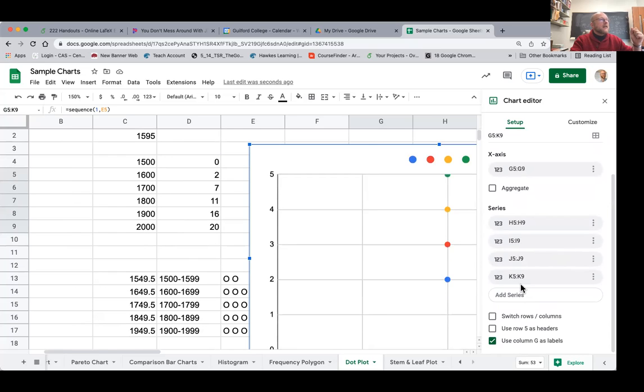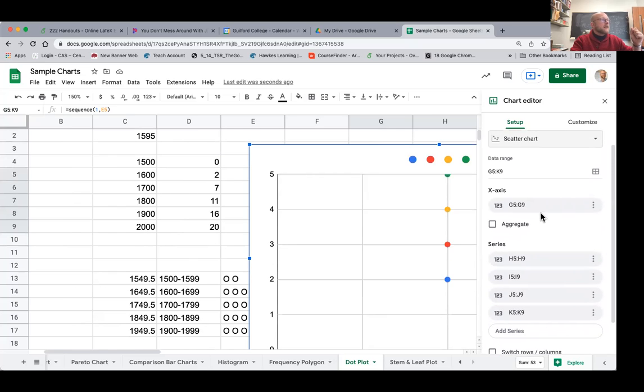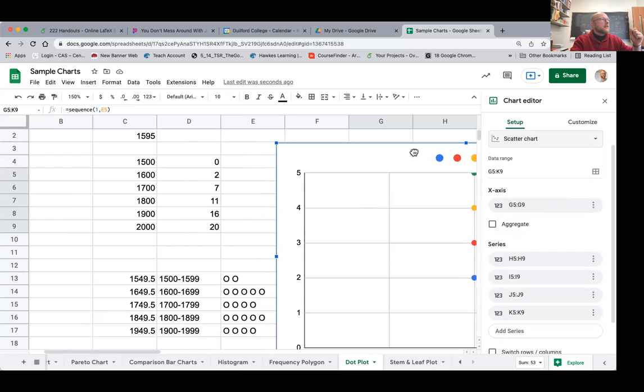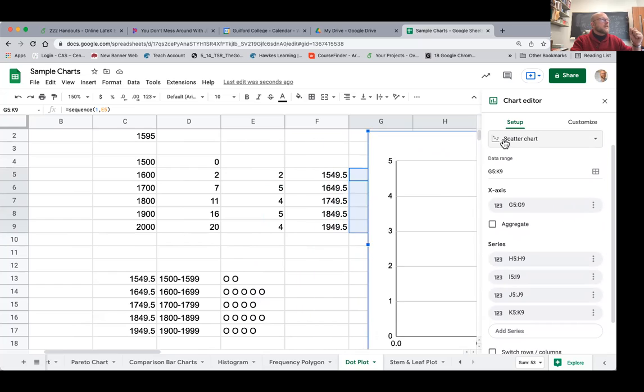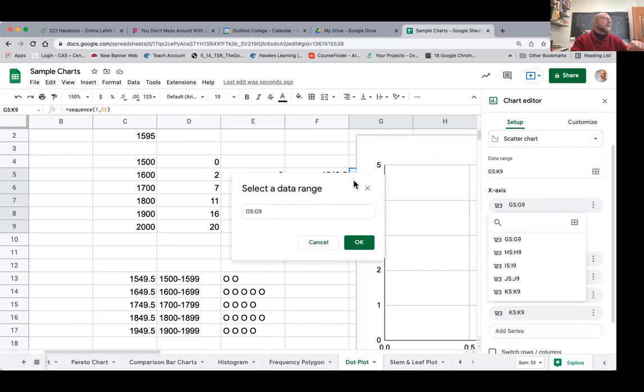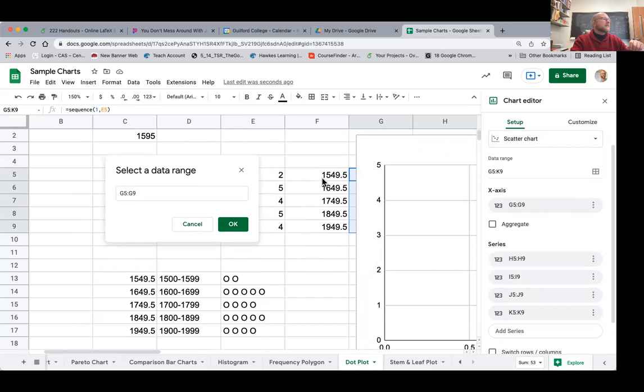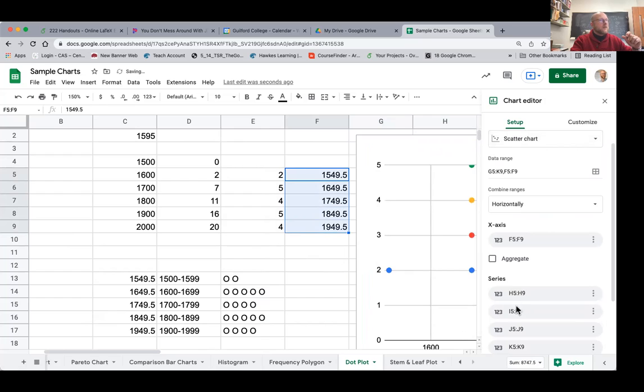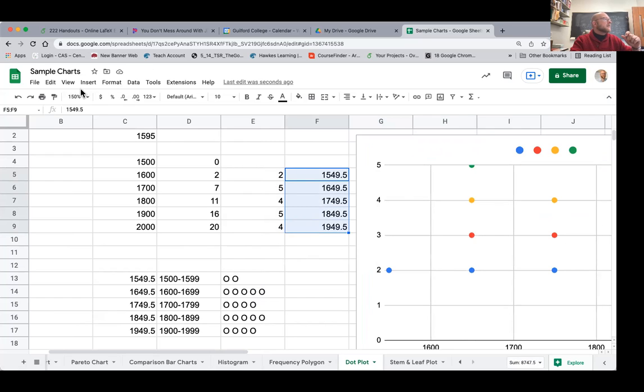Okay, I am going to try to add an x-axis to it, and I need to uncover the stuff that I've got that I want for the x-axis. I'm going to do x-axis, select the data range, and it covered the data range. I'm going to select those midpoints, tell it it's okay. And now if we can see the chart again,